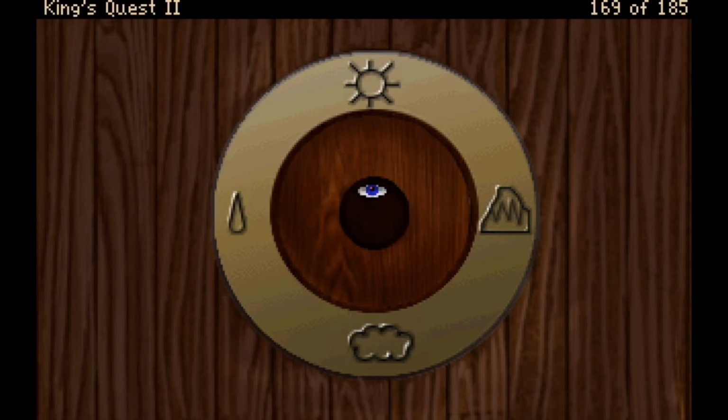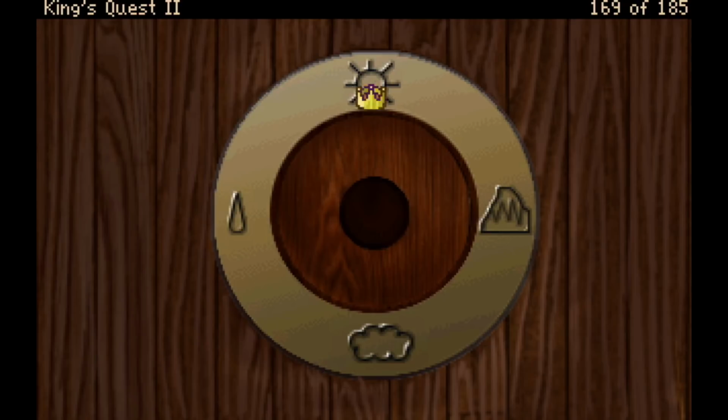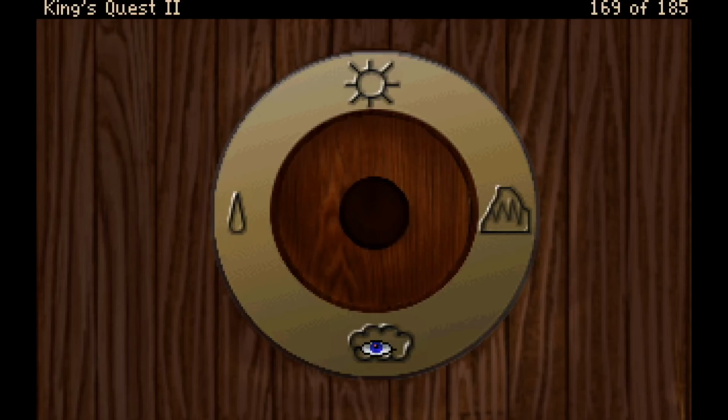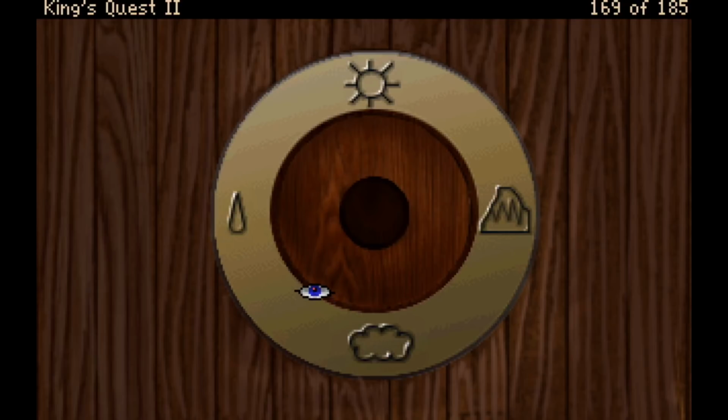Okay, and so you can see we have... It is a symbol of a water drop. We have water. It is a symbol of the sun. We have the sun. It is a symbol of a mountain of earth. We have a mountain of earth. It is a symbol of a cloud. And we have a cloud. So,